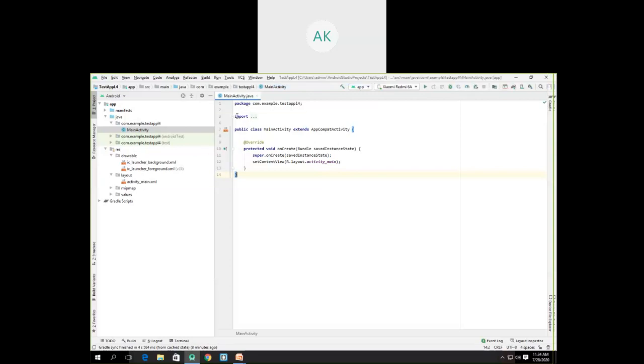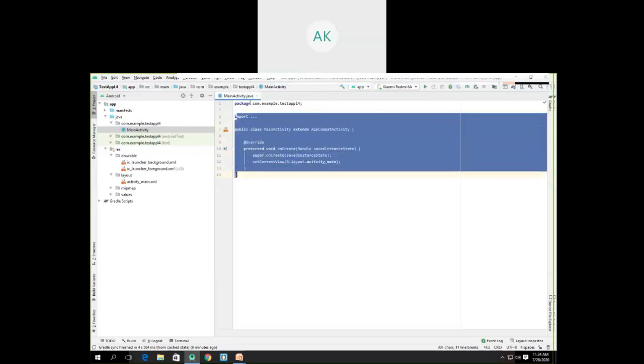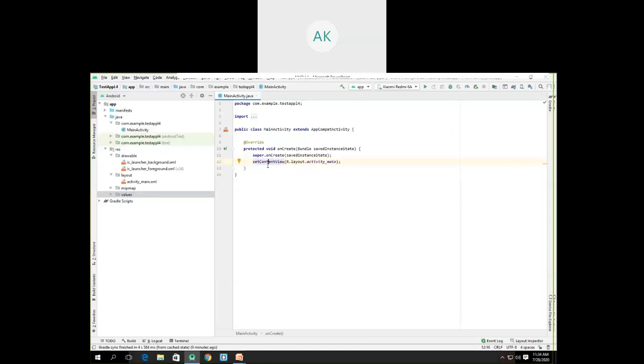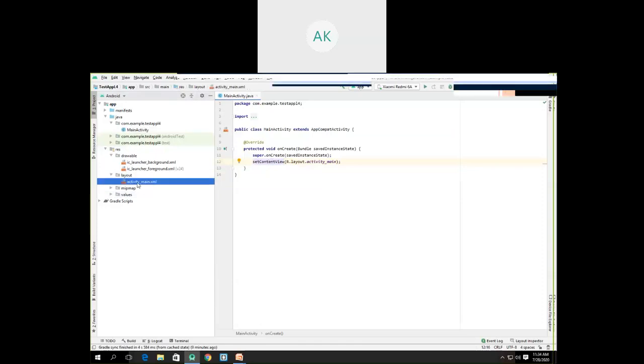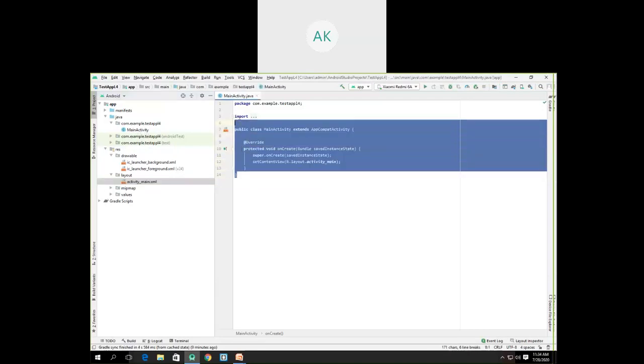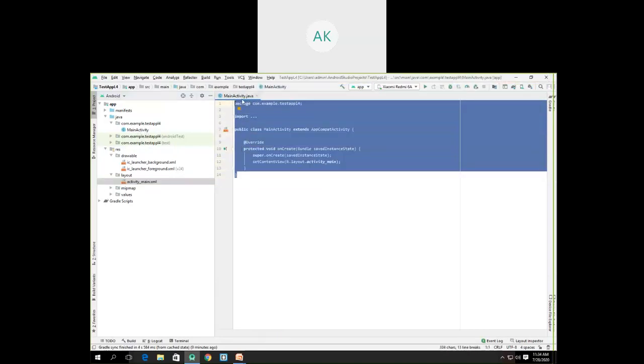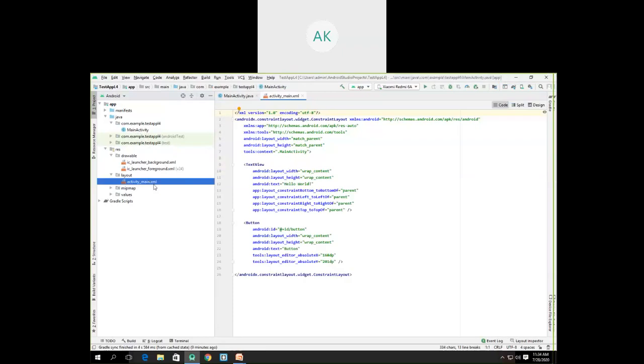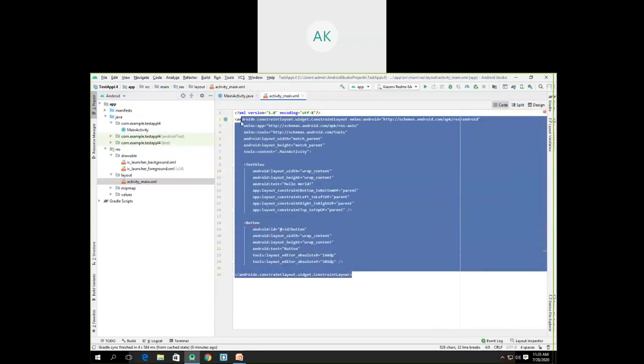One is the business logic of the activity, which is present inside the MainActivity.java file, while the user interface part will be available under the layout folder. Each activity's user interface is available inside an .xml file. For MainActivity, its business logic is inside MainActivity.java, but its user interface is inside the main activity XML file. And this is how it looks.